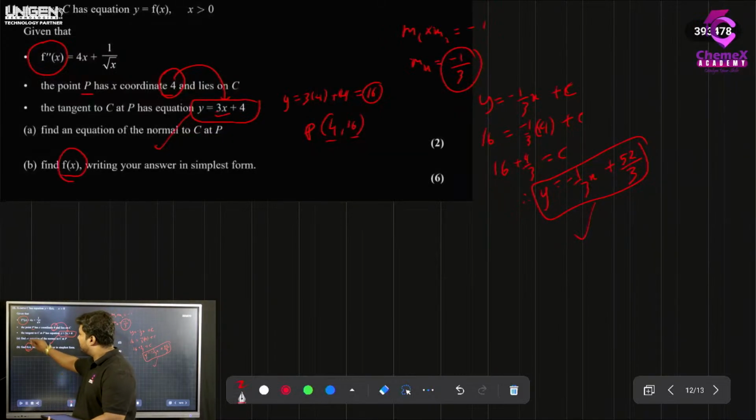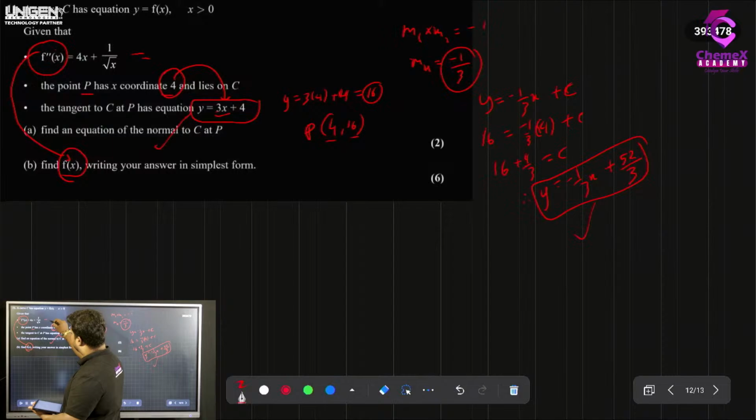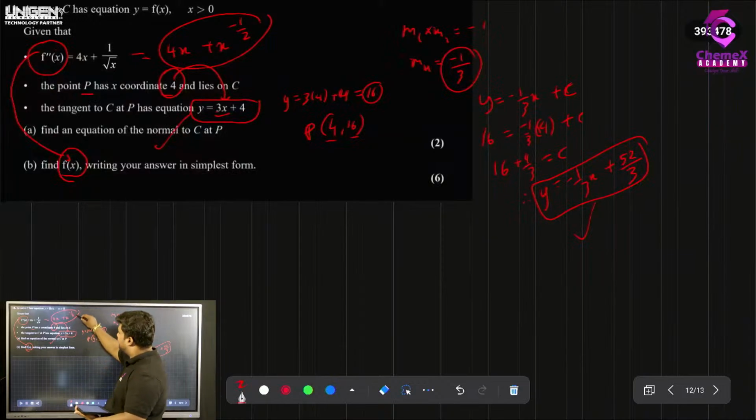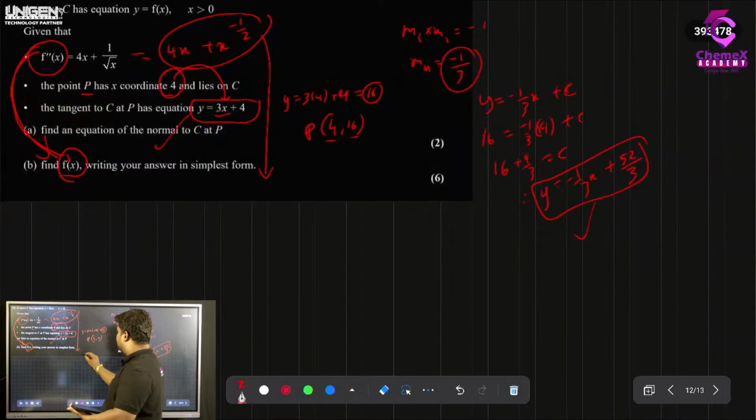As soon as you see this, it is double differentiated. So how do you double differentiate? First linearize it. 4x plus x to the power minus half. Then if you integrate it, it's gone there as double differential, no? So double integral we need. So 4x squared divided by 2 plus x to the power minus half plus 1 is half, divided by half, plus c